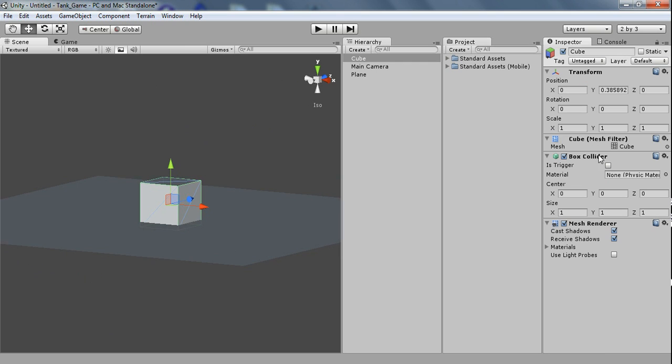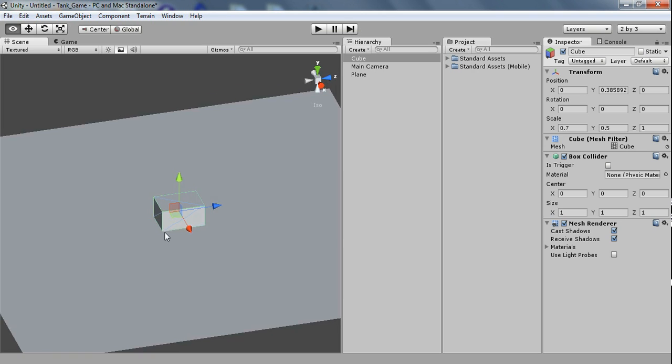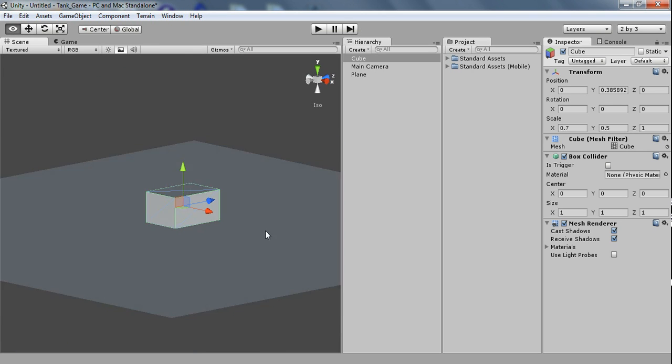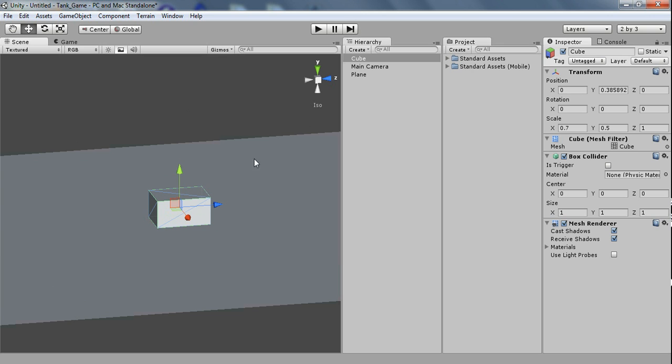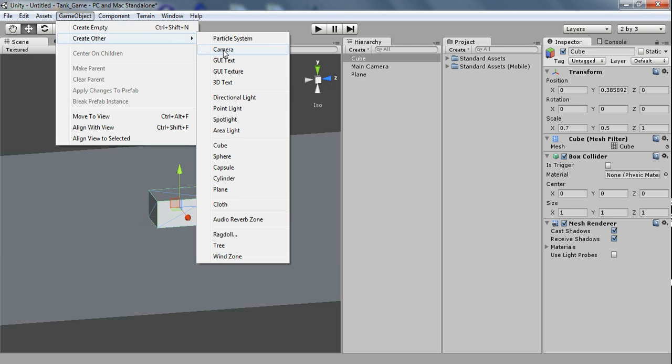We're not going to make it this boxy, we're going to make it kind of shorter and not as wide, so it's kind of like this elongated looking shape. So that's going to be our base, and then we need to know what way it's facing, so we'll just go ahead and throw a cylinder,